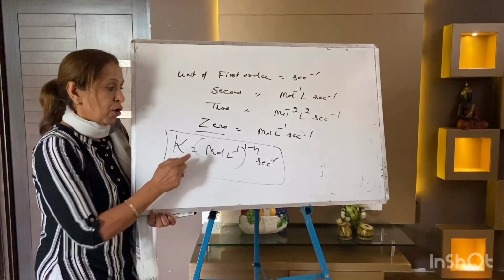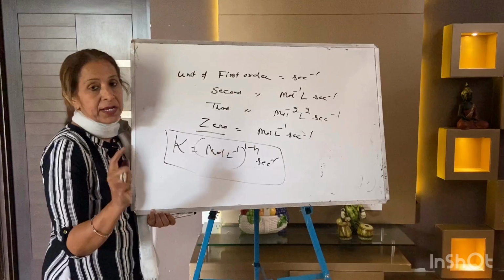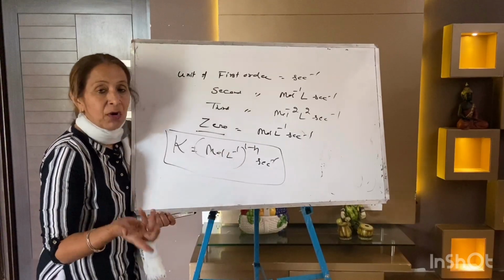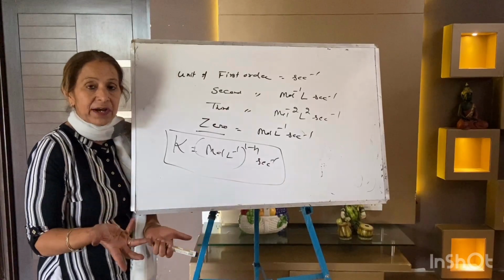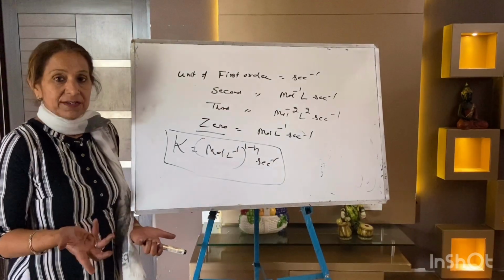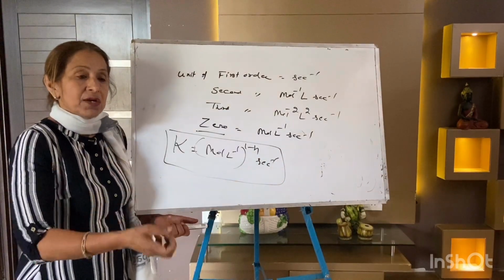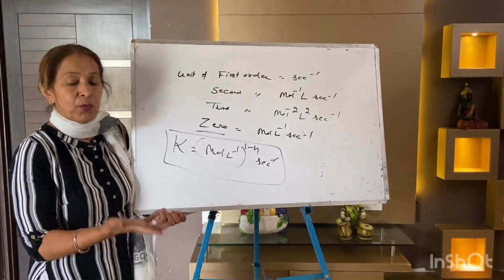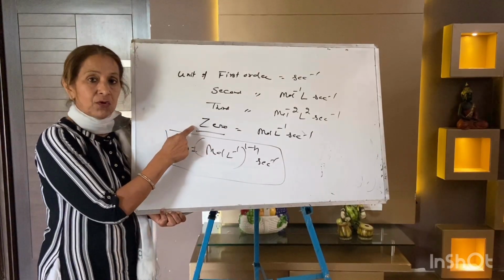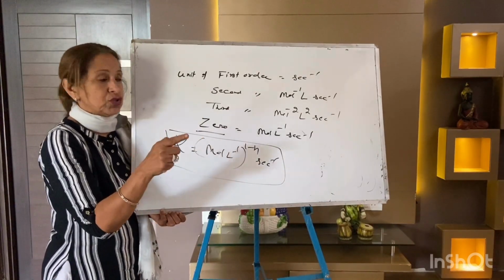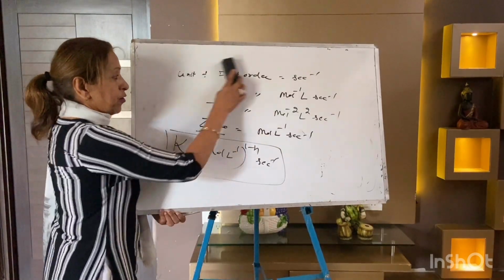Remember students, order can be 0, that is a difference, but molecularity can never be 0. If the molecularity is 0, then in your hands there is no reactant. How can you start the reaction? So what is the molecularity? It's the number of the reacting species. Molecularity can never be 0. Molecularity can never be a fraction. But order can be 0 and order can be a fraction. Two differences were taken about molecularity and order.